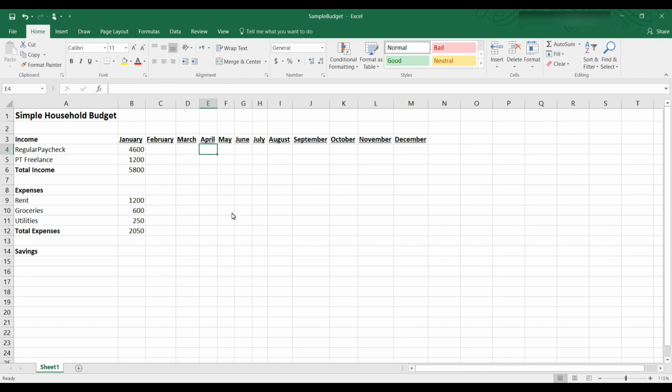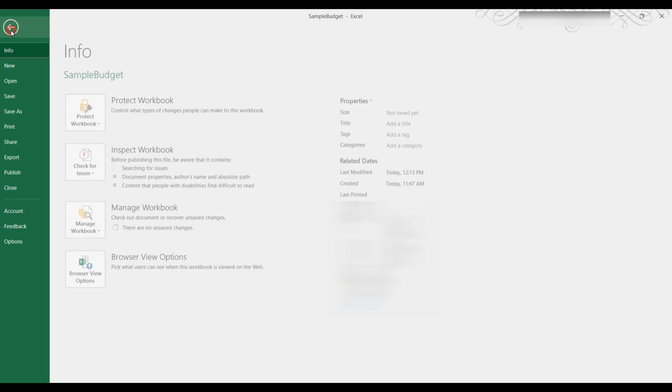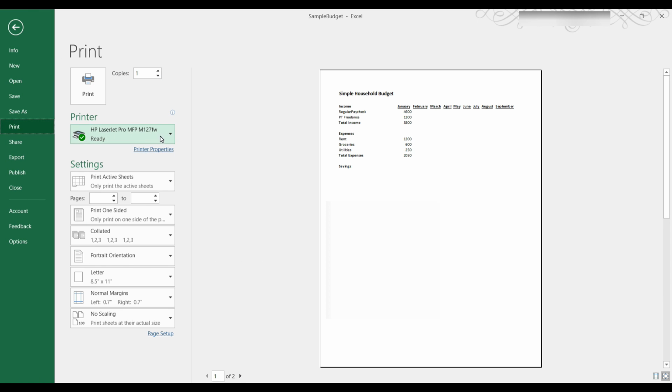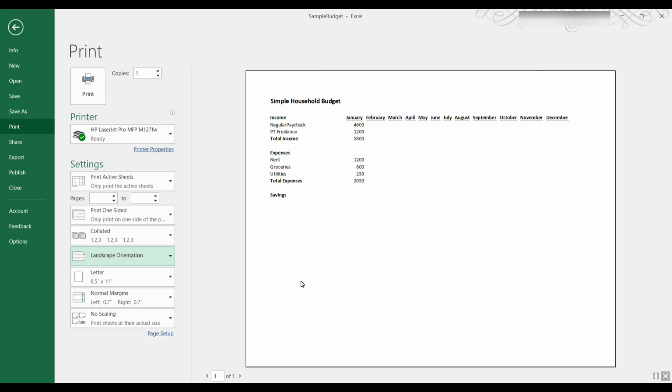We can also print from the backstage area. Let's go back to the backstage screen, and we can hit print. You can choose a printer, you can change the settings, and you can preview your work over here on the right hand side. I actually don't like that. I think I want to turn this to landscape. Here it's portrait orientation. If I change it to landscape, then I have the sheet sideways and it would accommodate all 12 months. So I like that better,